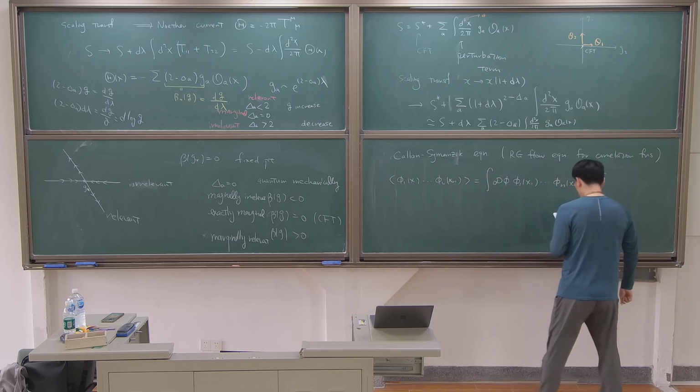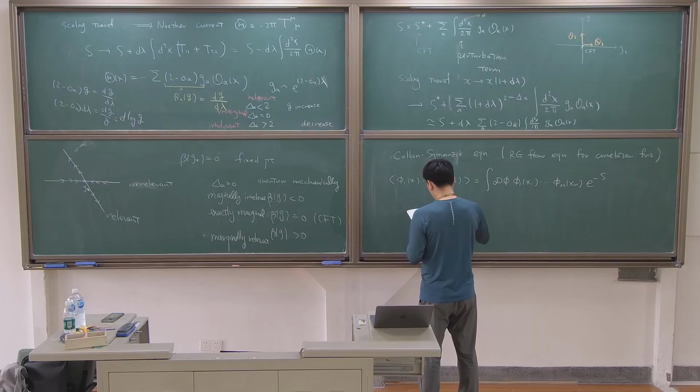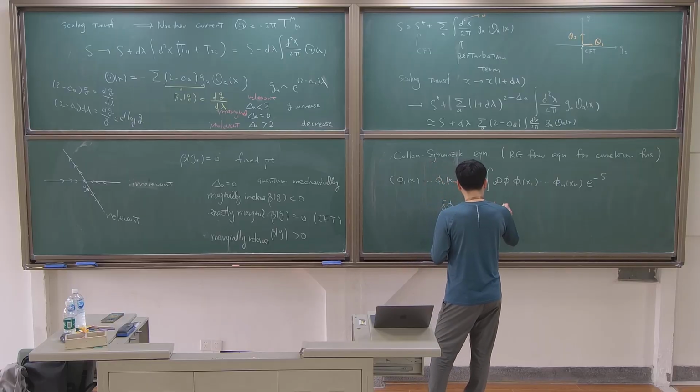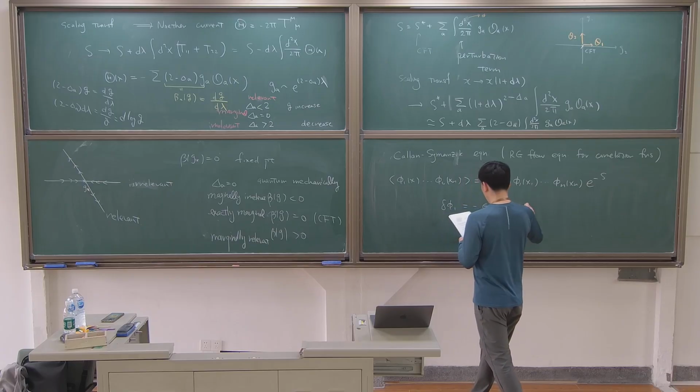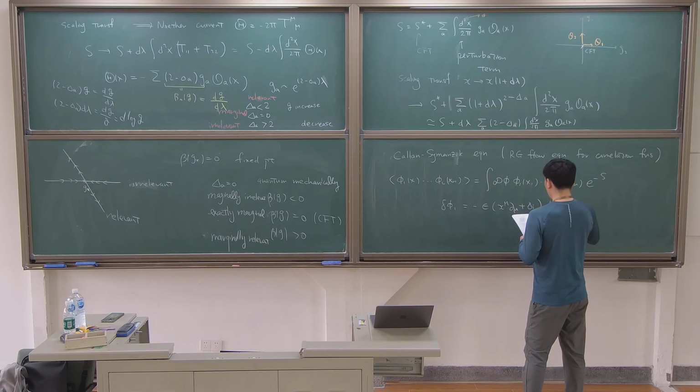The variation of phi i can be understood like this: x^mu partial_mu plus delta_i, acting on phi i,